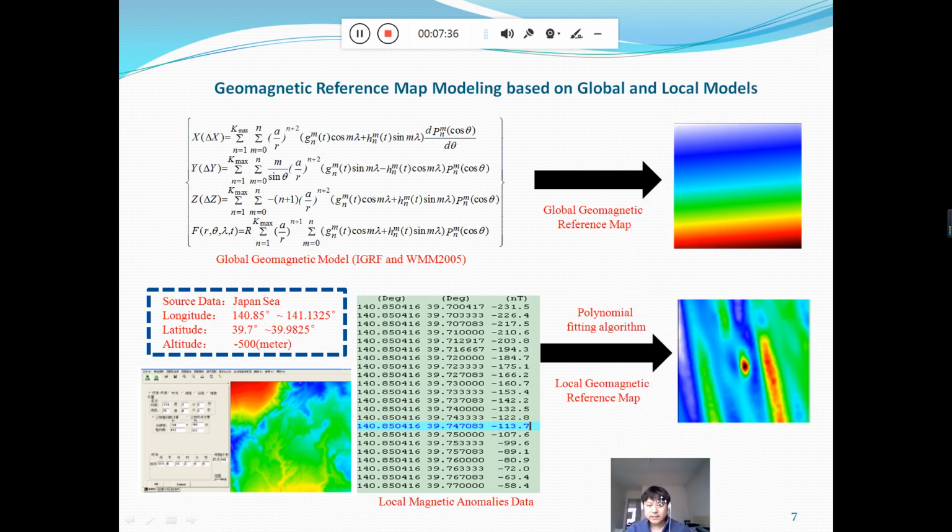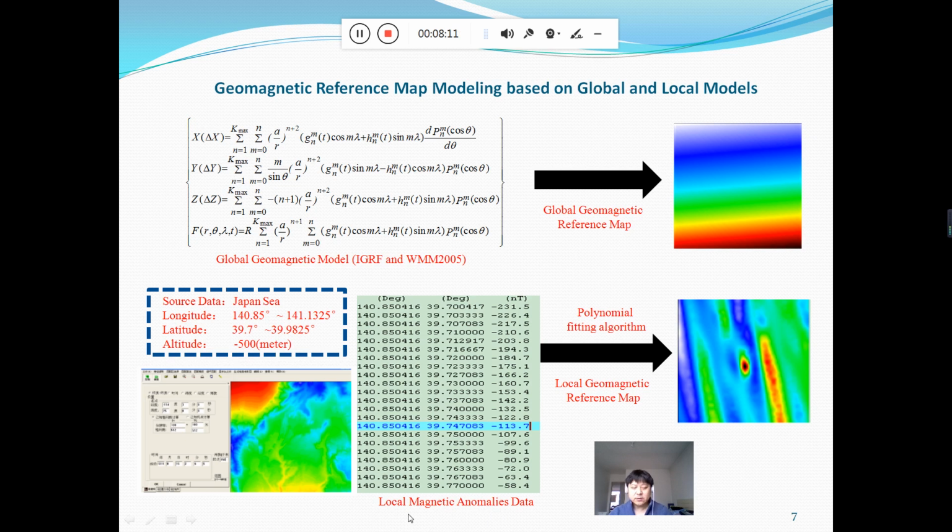Another research is reference map modeling, and I use global models to prepare a large-scale reference map. Recently, there are two famous global geomagnetic models. One is IGRF, another is WMM 2005. However, if we would like to prepare a small region, small scale reference map, maybe in this way we